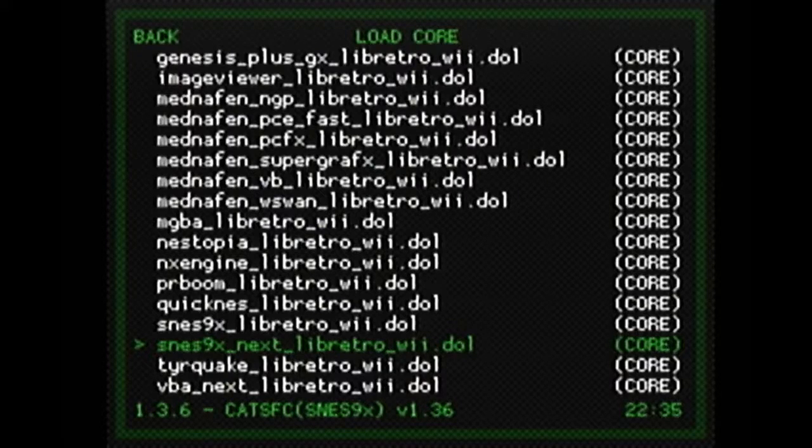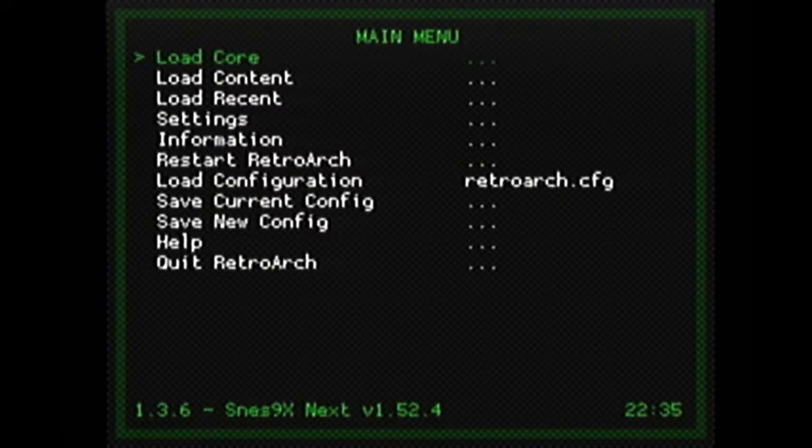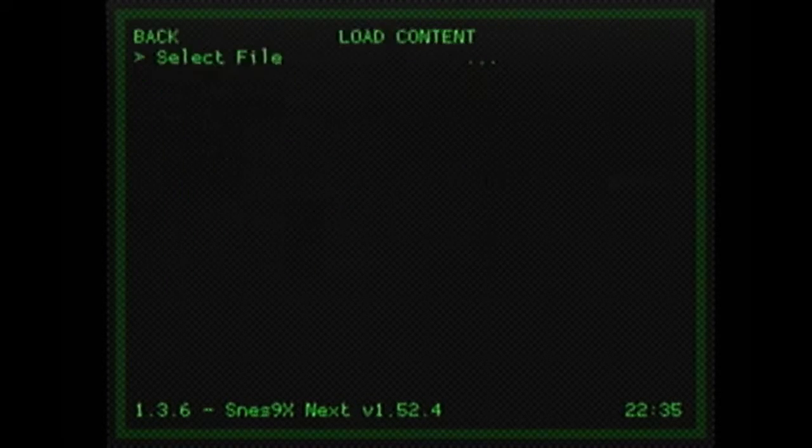This is a slightly newer, modified version of the SNES 9X core that's specifically for RetroArch. So it should work a little bit better. It should give you a little bit better performance than the regular SNES 9X library. So if you select this and hit A, then it will load this core. Takes a couple seconds, and now you can see at the bottom we've now loaded the SNES 9X Next version 1.52.4 core. So once this core is loaded, we can just go to load content, and we hit select file,